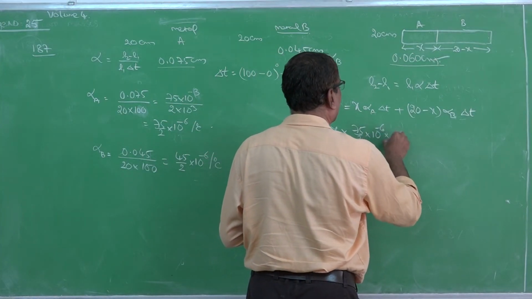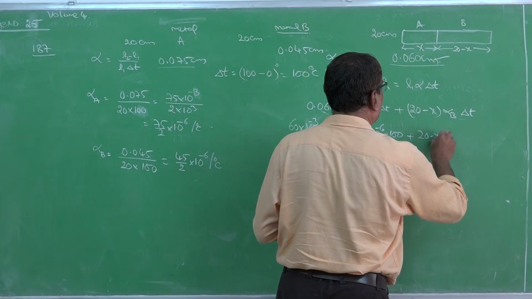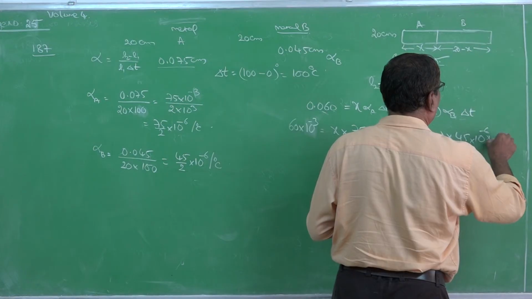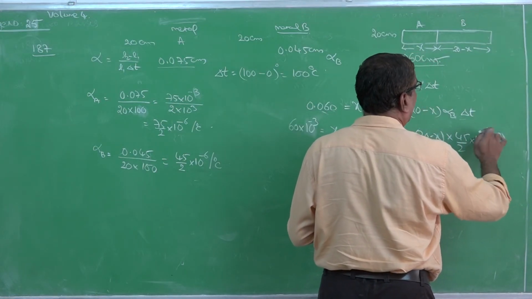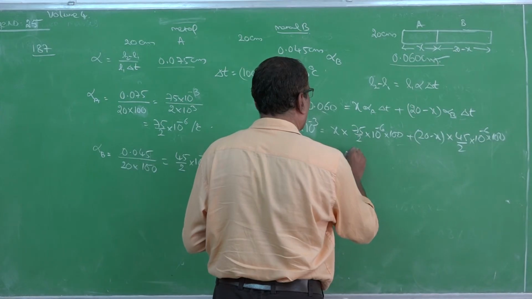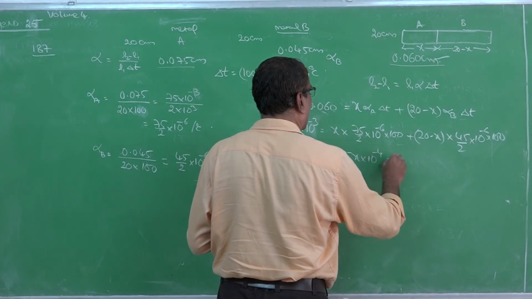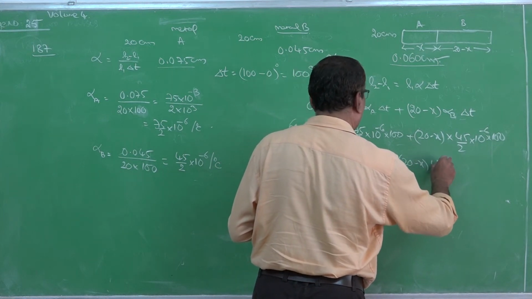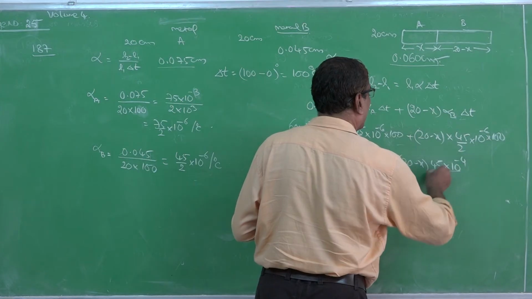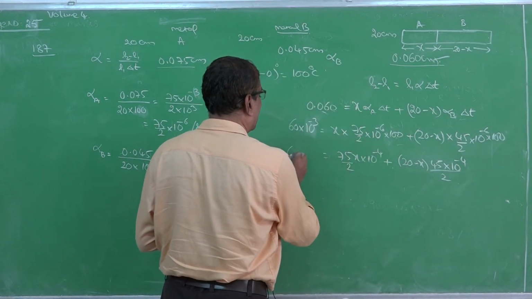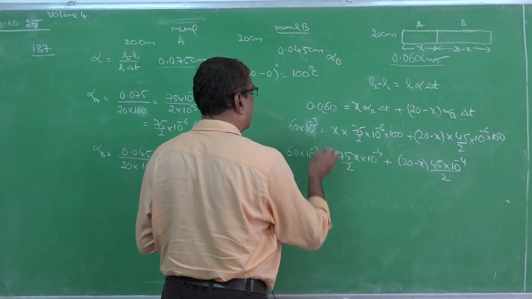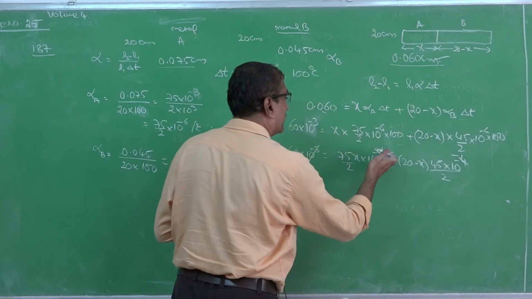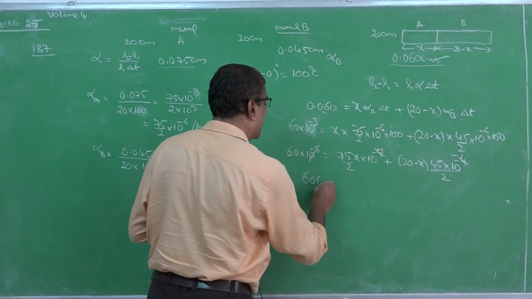10^-6 × 100 plus (20 − x) × 45/2 × 10^-6 × 100. So, 10^-6 into 100 is 10^-4. Here it is also 75x × 10^-4/2 plus (20 − x) × 45 × 10^-4/2. This is 60 × 10^-3. So, minus 3 will get cancelled here, minus 1, minus 1. So, this is 600 is equal to